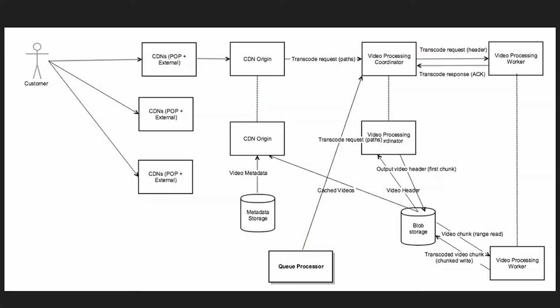So this is the previous slide for V1 with slight modifications. First of all, we now have the Q processor. In the V1 system, all the transcode requests were initiated by someone trying to actually watch a video coming via the CDNs. Now for the large videos, we have the Q processor directly talking to the coordinator, pre-transcoding things. Another difference is that the coordinator was never talking to the blob storage directly, but now it is. The video processing coordinator still gets a bunch of metadata and decides how to fan out the work for a transcode. But now instead of sending the chunks, it's just sending information about what needs to be transcoded.